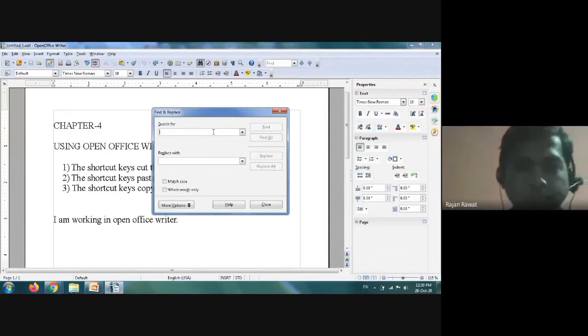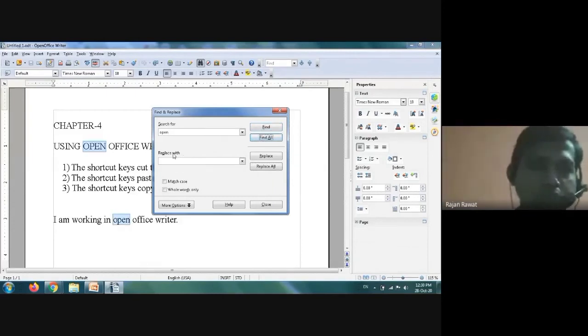Let's see, I'm going to replace my word open throughout the paragraph. So I have written open in the search for field, because I want to search for this word open. Then I click find all because I want everywhere. So you can see in the paragraph, open is highlighted in blue, then this open is also in blue.